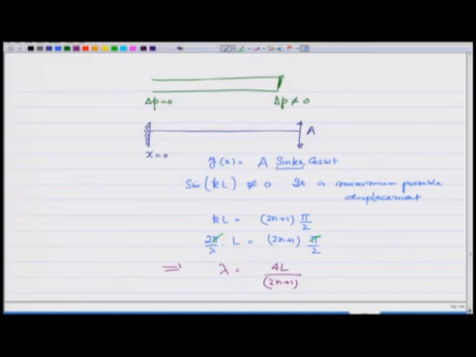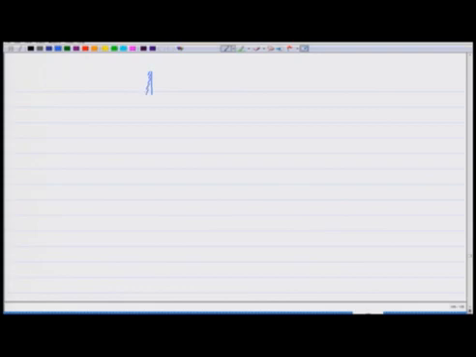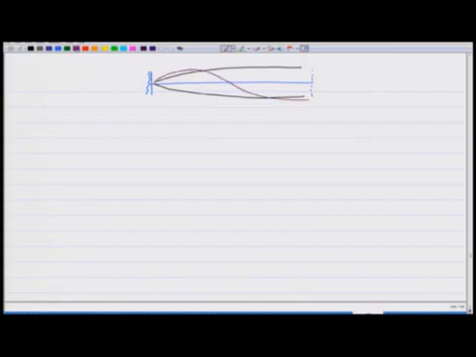Exactly the same thing is going to happen in the present case. Here is a string which was tied and this end was vibrating. So, I could have modes where I had either lambda by 4 or 3 lambda by 4 and so on. Exactly in the same manner, if I have a pipe